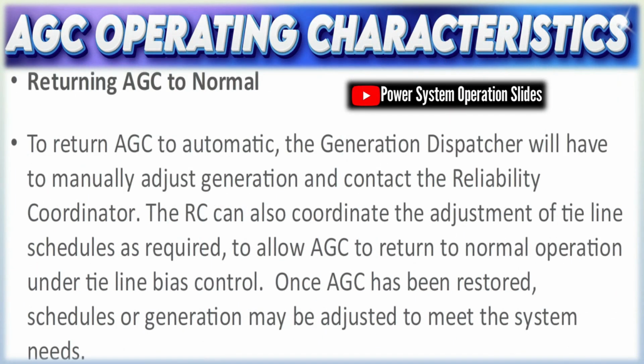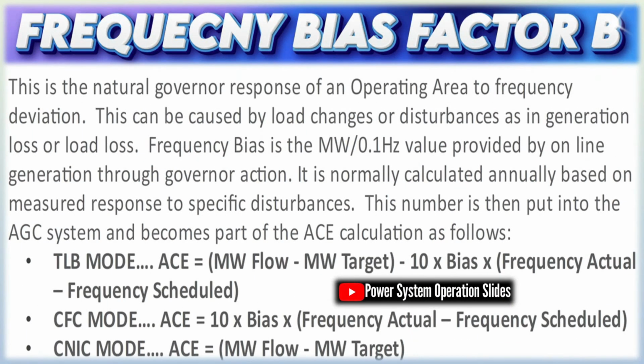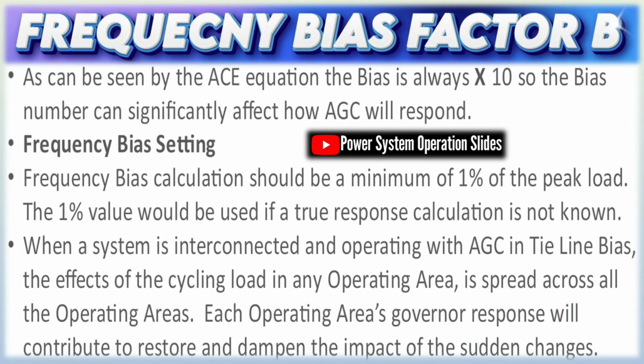AGC control parameters. Some of the critical control parameters that guide AGC operation are participation factors, which dictate how much each unit contributes to the overall control effort. Ramping limits: ensure that units increase or decrease output at a safe and manageable rate. Frequency bias factor determines how strongly frequency deviations influence the control signal. Minimum and maximum generation levels bound the control actions to prevent overloading or underutilizing the resources. Gain settings and hysteresis fine-tune the response to avoid excessive oscillatory behavior near the set points. These parameters are calibrated based on the dynamic characteristics of the power system and the specific performance requirements of the grid.